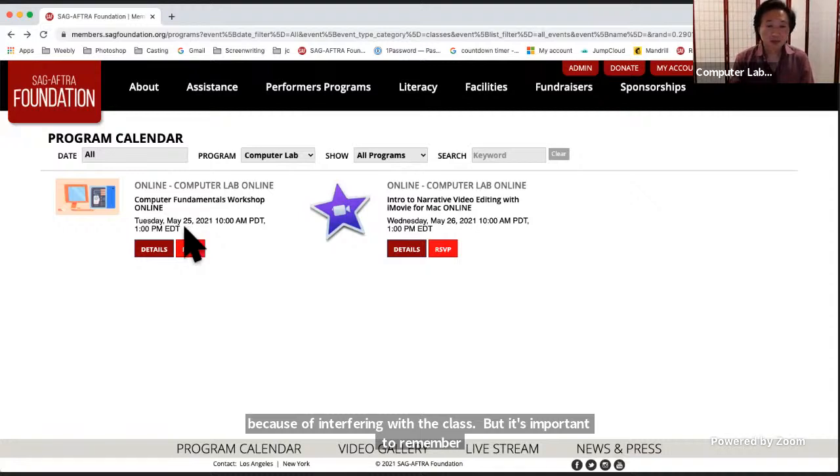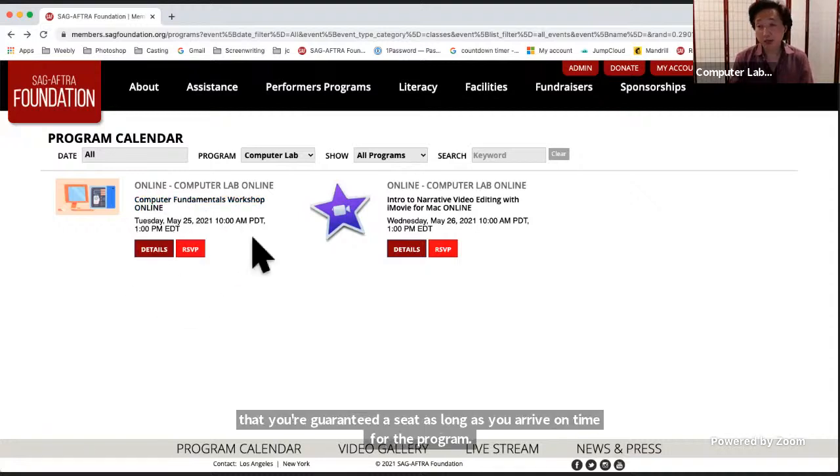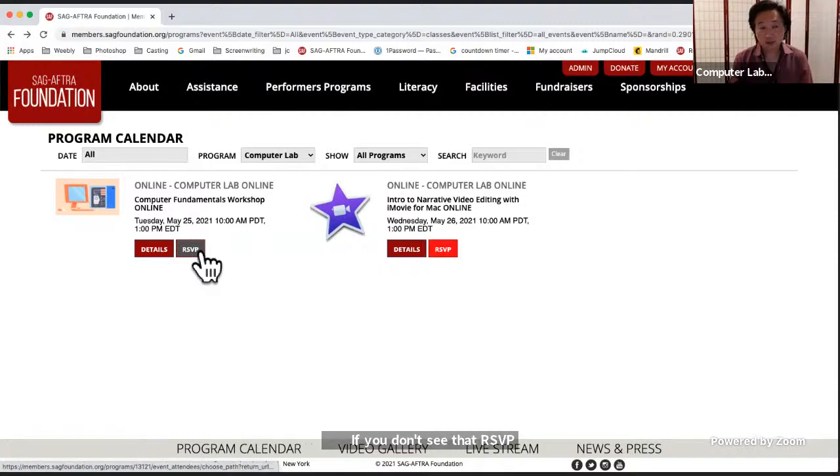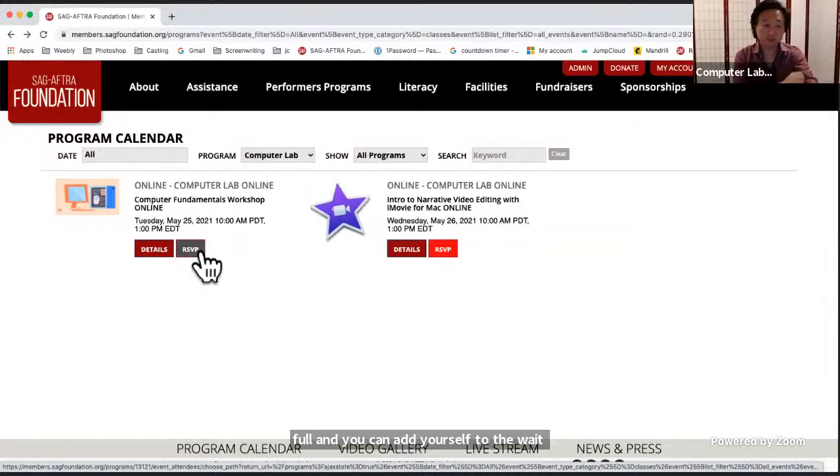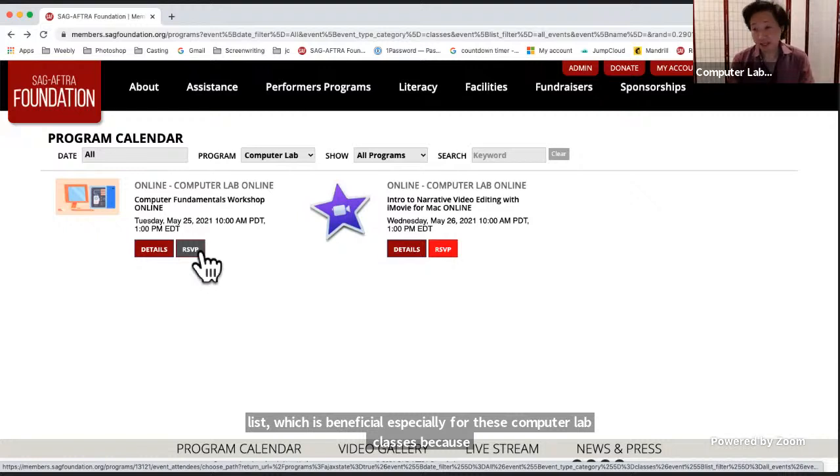But it's important to remember that you're guaranteed a seat as long as you arrive on time for the program. If you don't see that RSVP button, you may see wait list instead. So that means the RSVP list is full, but you can add yourself to the wait list, which is always beneficial, especially for these computer lab classes, because for all of our programming, we often get cancellations the day before the event.